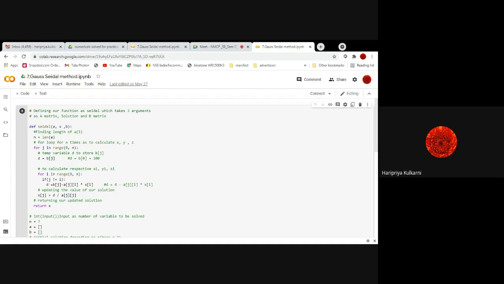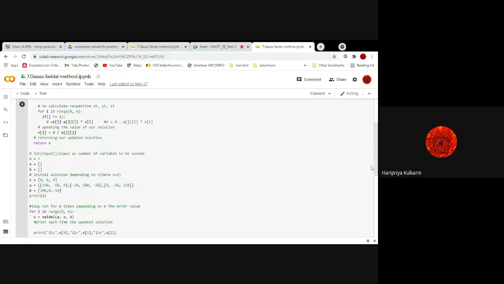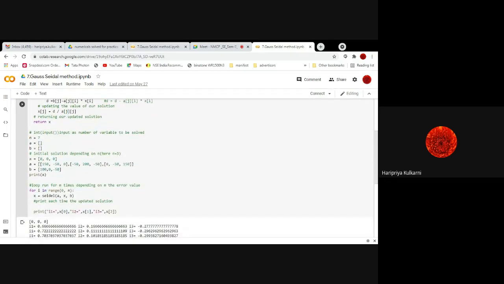So when the function is called once, it is going to calculate i1, i2, i3, all three values, and store them in x of 0, x of 1 and x of 2. This is the function which will operate and give us the values of i1, i2, i3, and they will come in x. x is a matrix, a single row with three columns, so here it will overwrite with i1, the middle with i2, and the last with i3. Now these values we are printing here: i1 equal to x of 0, i2 equal to x of 1, and i3 equal to x of 2. So here we are going to print it.